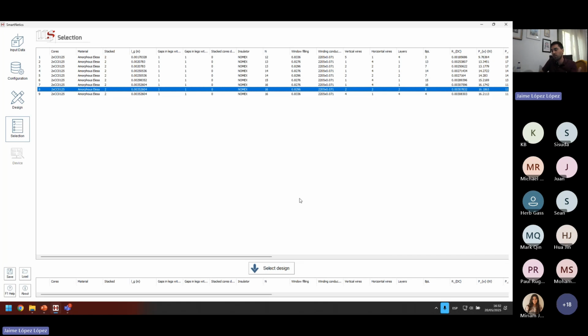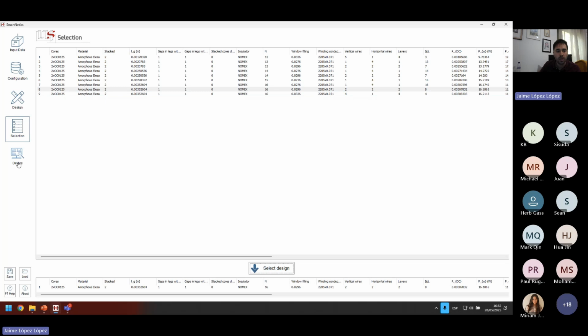As you can see, with this approach, you can see every detail, and you can select very finely, let's say, the one that is really, really best for your particular project. Whether your project centers on efficiency or losses or volume or whatever you're centering on. Once you have selected one of them, you can select that design, and the last step becomes available.